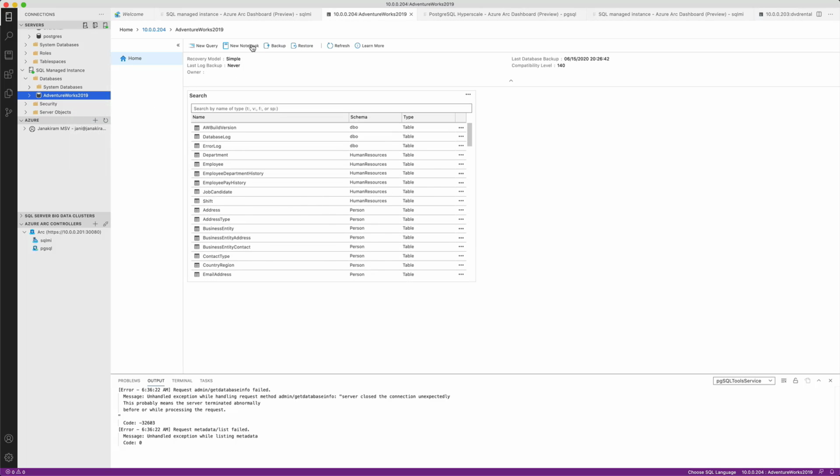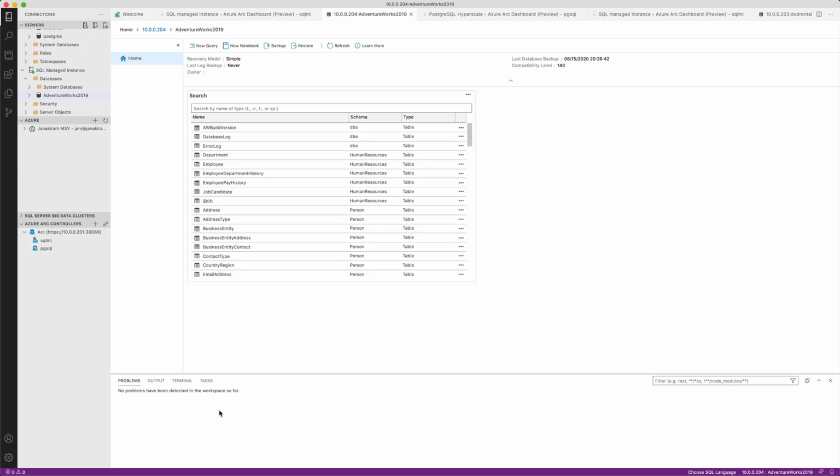I can run queries. I can even launch a new notebook, perform backup, restore, basically take control of my databases as if they are running on my local environment. But the beauty is this is actually running as managed databases inside the Kubernetes clusters managed by Arc.